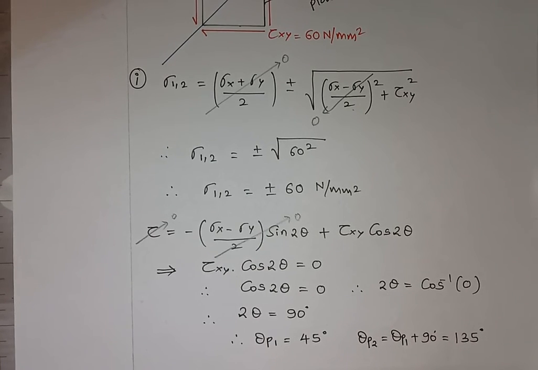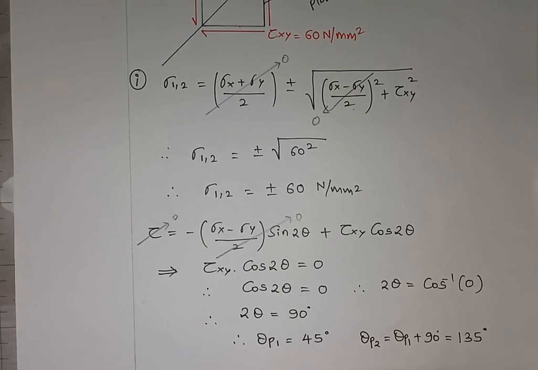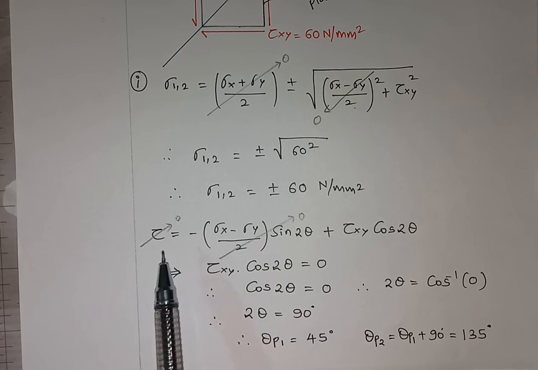So this gives me the location of the principal plane. Right? So this is very important. When your normal formula is failing, you are going to take up this value of shear stress on an oblique plane, use the definition of the principal stress, and then you are going to calculate the location of the principal planes. Right? So that is the reason this problem is important.